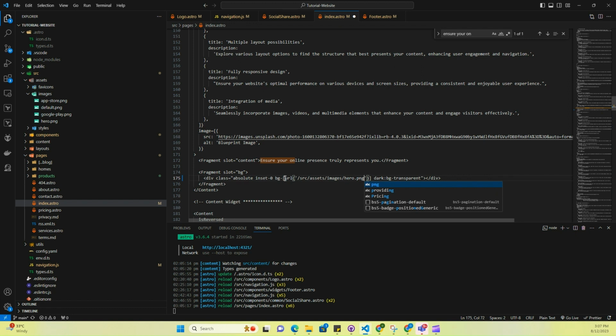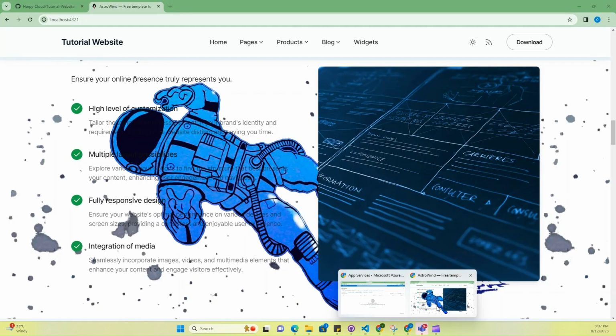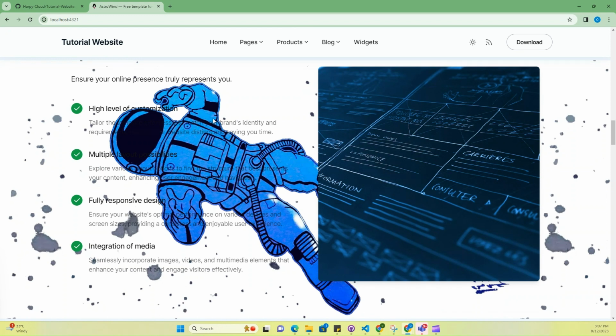So we have absolute, insert, this, that. I don't need this part. I can just take this out for now and Control F. So now you can see, obviously, this is not the best background image, but whatever background image you have and you want it under your writing, that is how to put a background